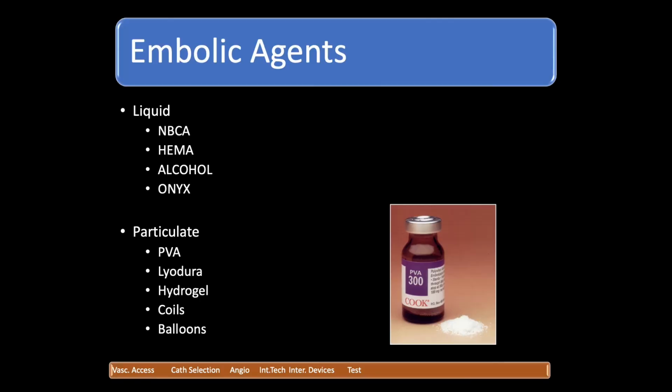So many other things are there, like balloon protection, blocking devices, proximal protection devices, and so on. Now coming to the embolic agents, they are divided into two groups: liquid and particulate. For particulate embolic agents, the most important thing to remember is PVA, polyvinyl alcohol. That is available in a range from 100 to 200, meaning the sizes available inside that vial are 100 microns to 200, or 70 to